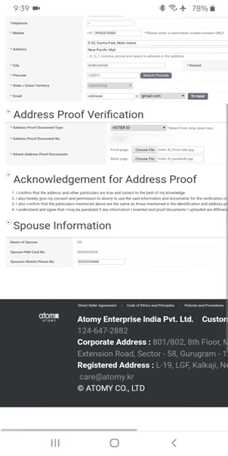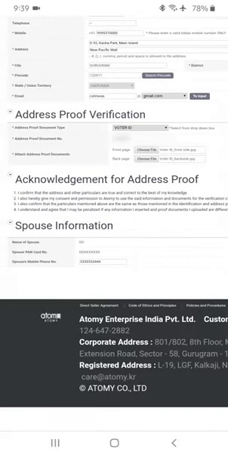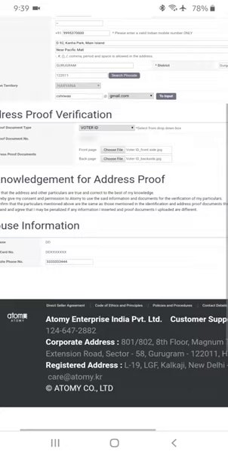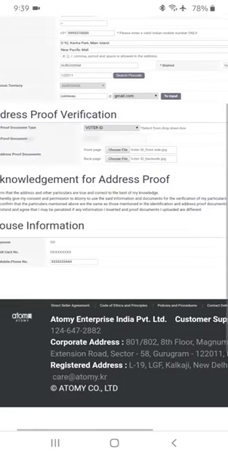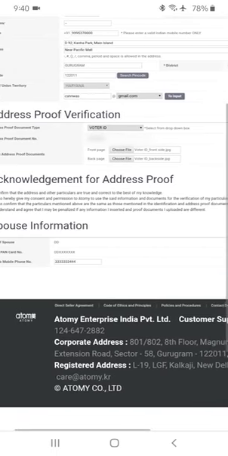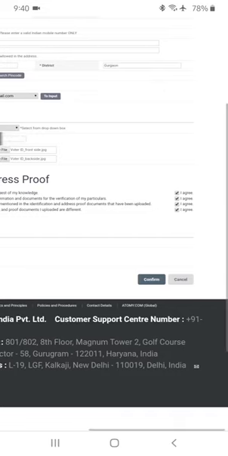If you wish to add the spouse detail, then add your spouse name, spouse PAN card and spouse mobile number. If you don't have a spouse, then you can leave it blank. After that, click the confirm button and then say OK. Verification process is done.